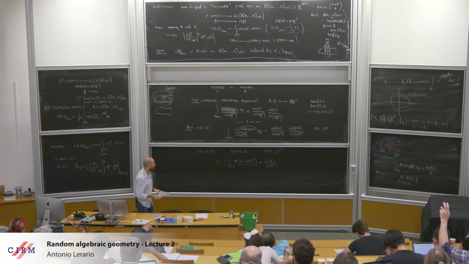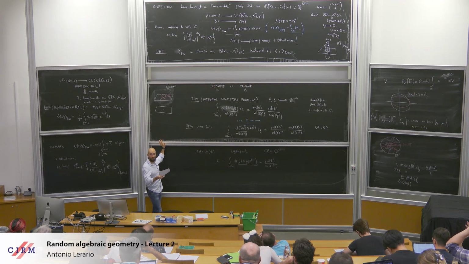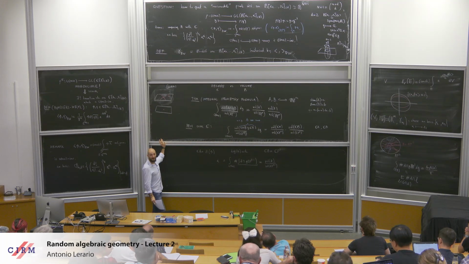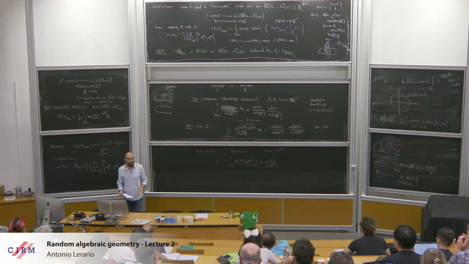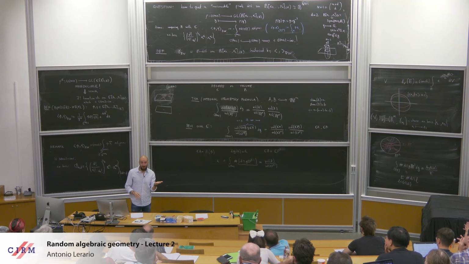Okay? But not for real submanifolds. Yes? Sorry? It makes sense for real. Yeah, and it has been done. It's called the Hermitian integral geometry. And it depends. So you see, if you have a real submanifold of complex projective space, at one point you